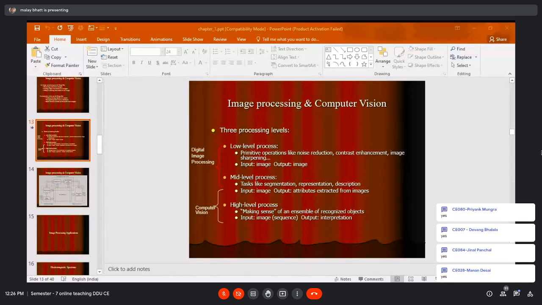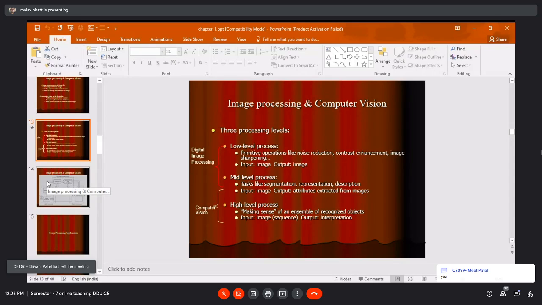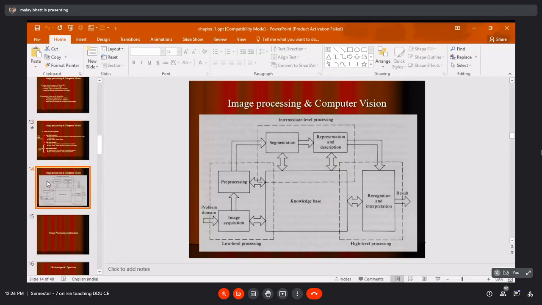Okay, so let us go with more details. If we represent these three levels of image processing in computer vision, I can represent them in the form of a diagram as well. Low level processing is image acquisition and pre-processing, like enhancement. Normally you are doing this using your mobile app, improving the image. It is known as low level image processing.